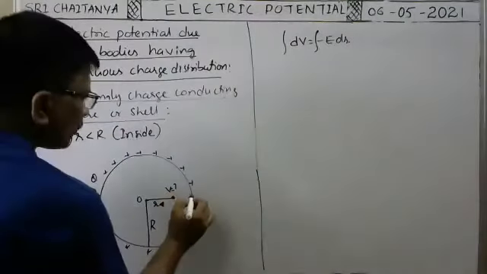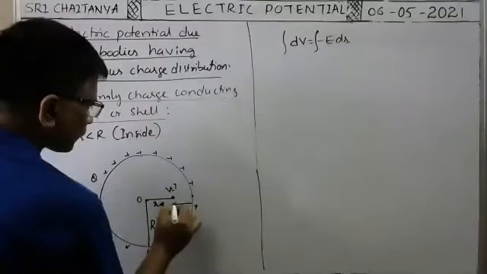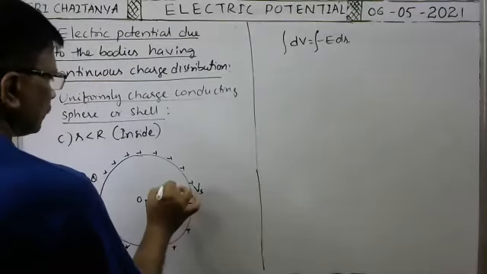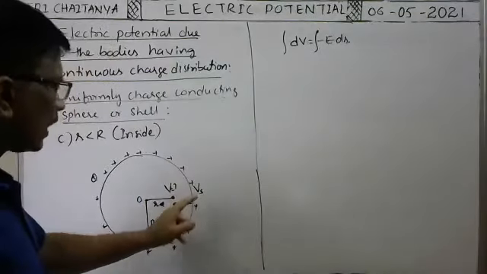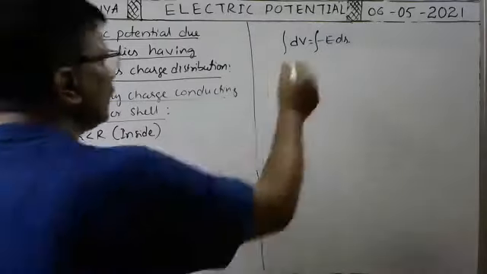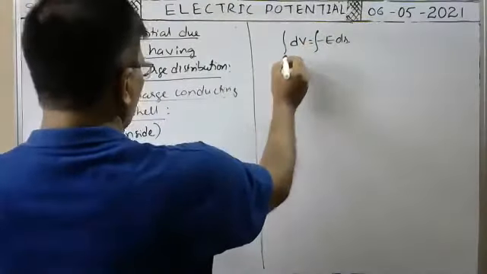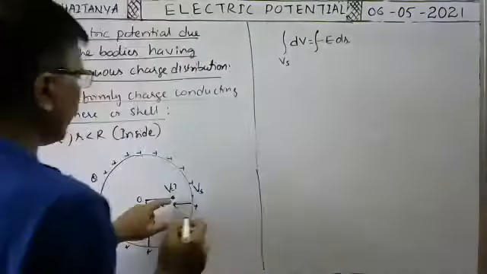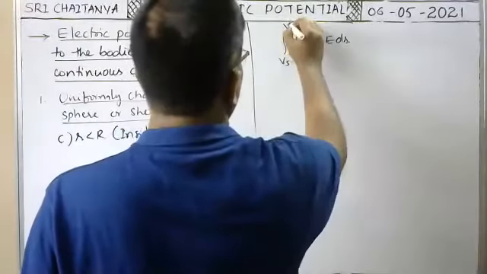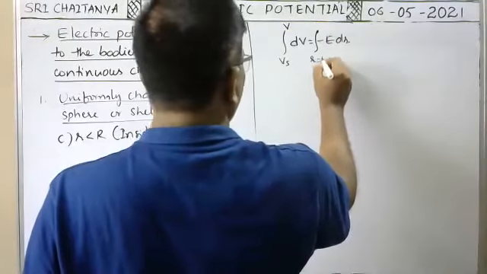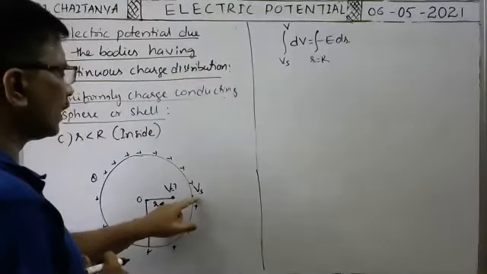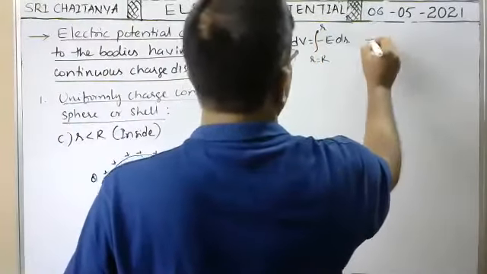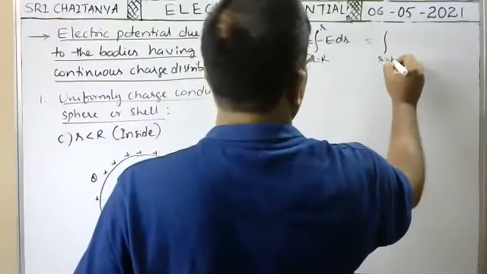Now, to bring the charge from the surface of the sphere to this point: at the surface of the sphere, the potential is say Vs. At this point, the potential is say V. So to bring the unit positive charge from the surface to this point, the work done is integral dV. At the surface, potential is Vs, and at this point inside the sphere, the potential is V. Here also, small r is equal to capital R initially, as the charge is at the surface, and inside it is at a distance small r. This is equal to integral from small r equal to capital R to small r.